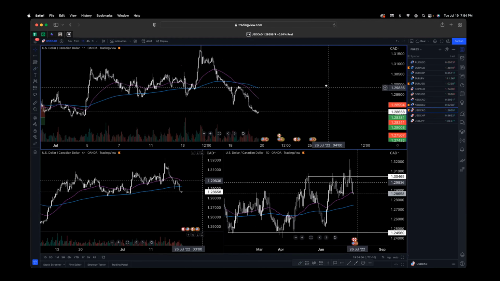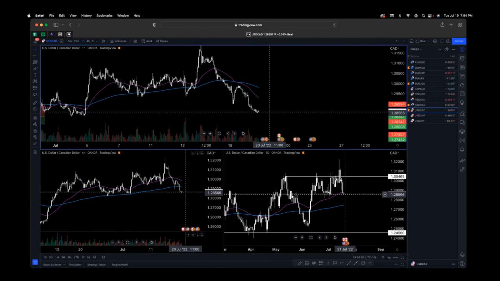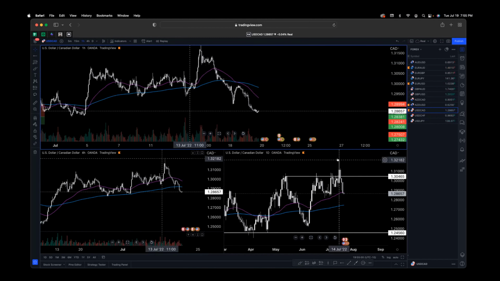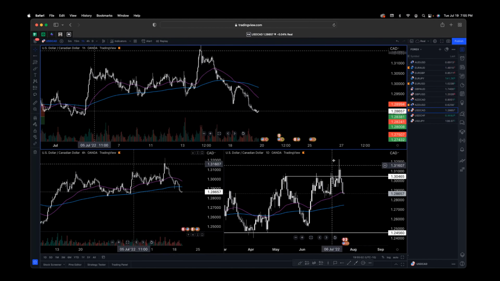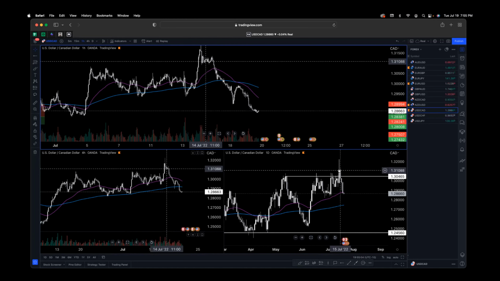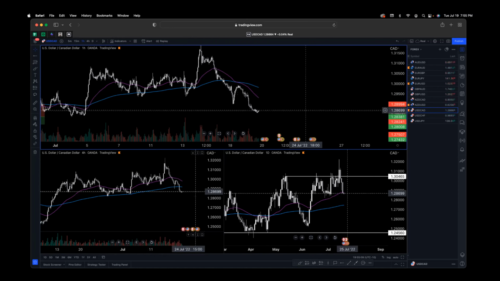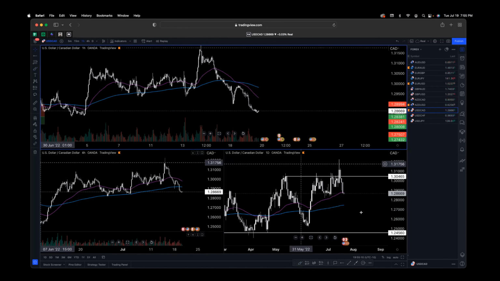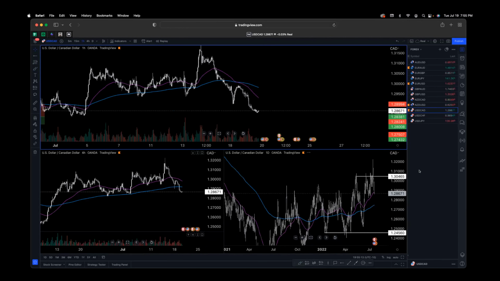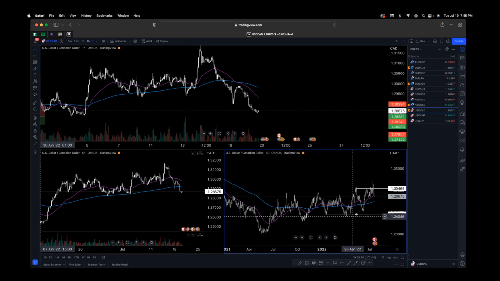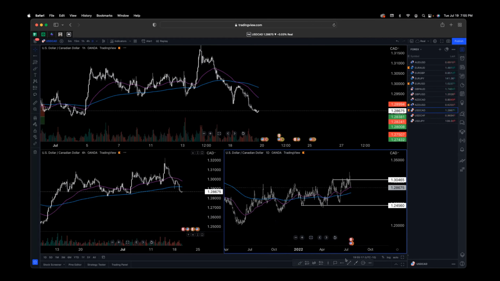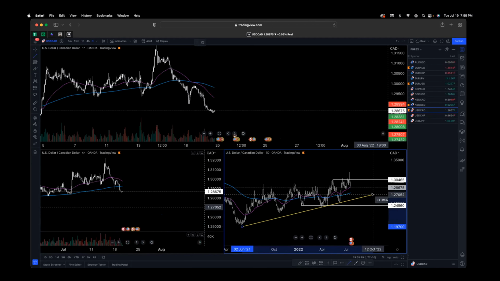I like dollar CAD, but kind of similar concept. It did create a higher high, but how did it create a higher high on the daily? It has a solid rejection followed by some bearish momentum here. So again, I'm just gonna keep this on my watch though. But we are in an overall bull trend here. It's just creating higher highs. So I'll just draw, how do I know that? An ascending channel. There it is.